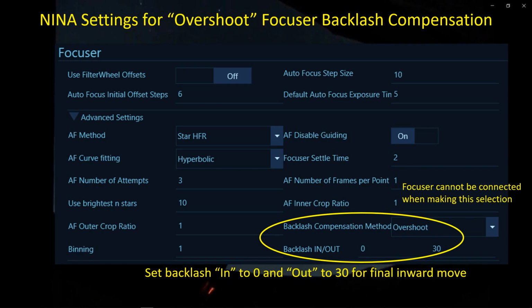You may want to do the opposite. You may want to have a setting for the gears bearing so that the outward motion is the preferred direction, or the no backlash direction, and that you're compensating for backlash for inward moves. And in that case, you just reverse these two numbers and put 30 here and 0 here. But these are the two settings you would use for APT and for NINA in order to implement the overshoot